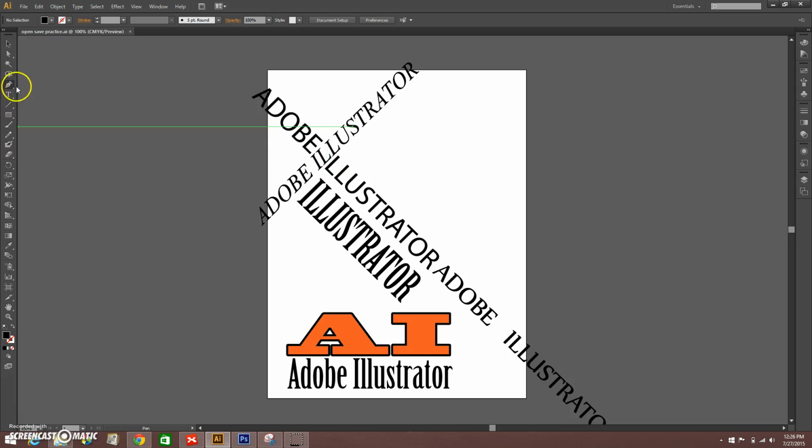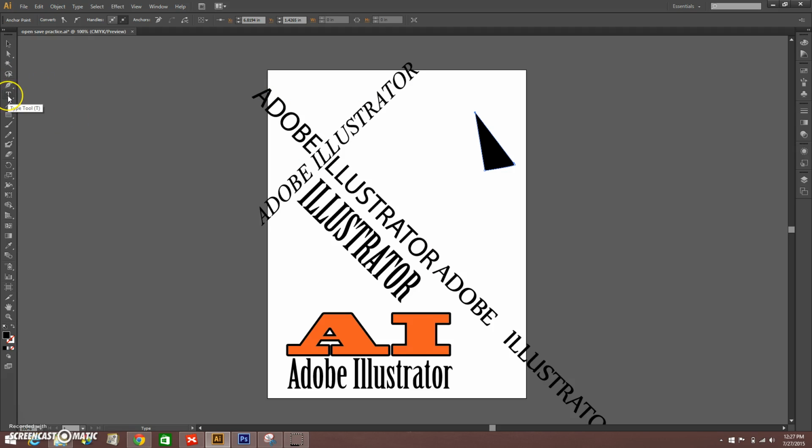Then we have all of our different vector drawing tools. This is probably where you're going to be spending most of your time in Illustrator. You have things like the pen tool, and if I click and hold, there are different tools embedded within the pen tool. The pen tool is basically a way of adding different anchor points. If I click between two anchor points, it's going to draw my vector line segment, and when I close that off, I can make different vector shapes with the pen tool. So the pen tool is great for doing custom shapes and so on.